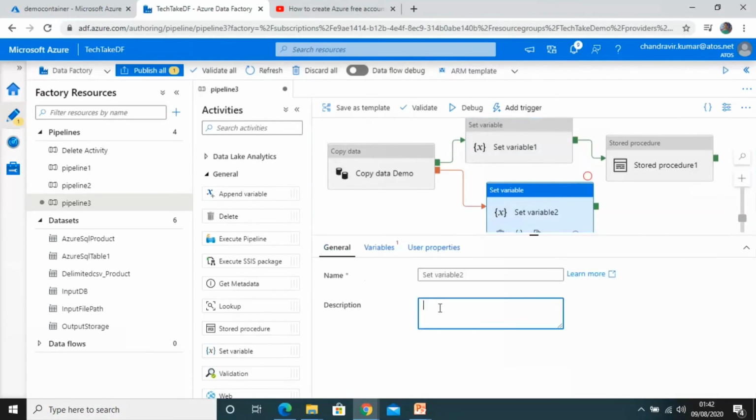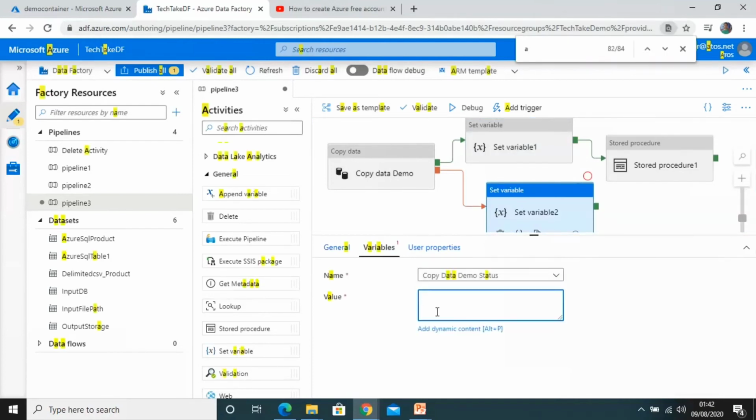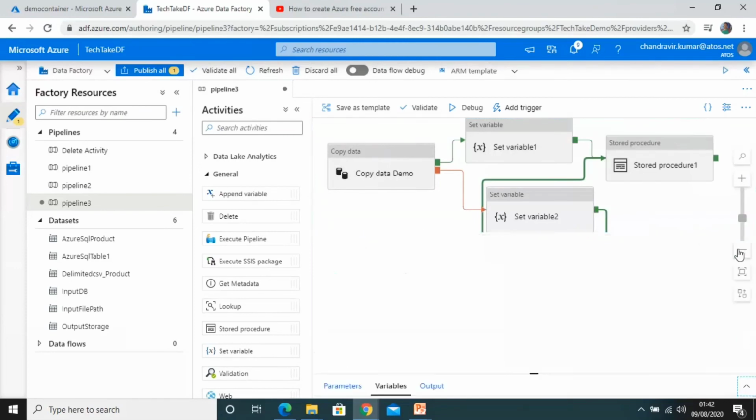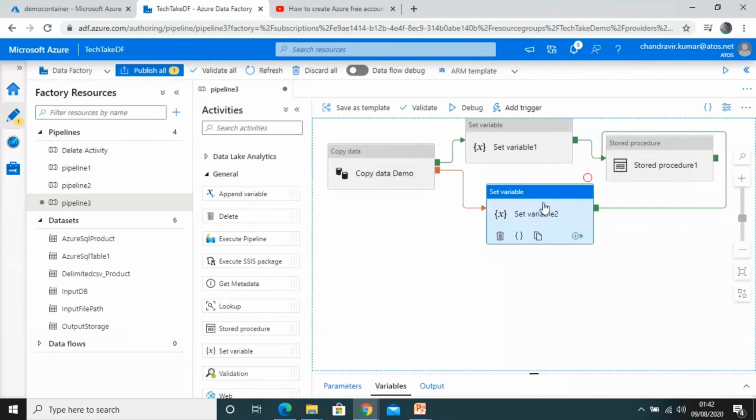This time we will select the variable and write failed. Okay, connect to the stored procedure. Just rearrange it. Looks better.